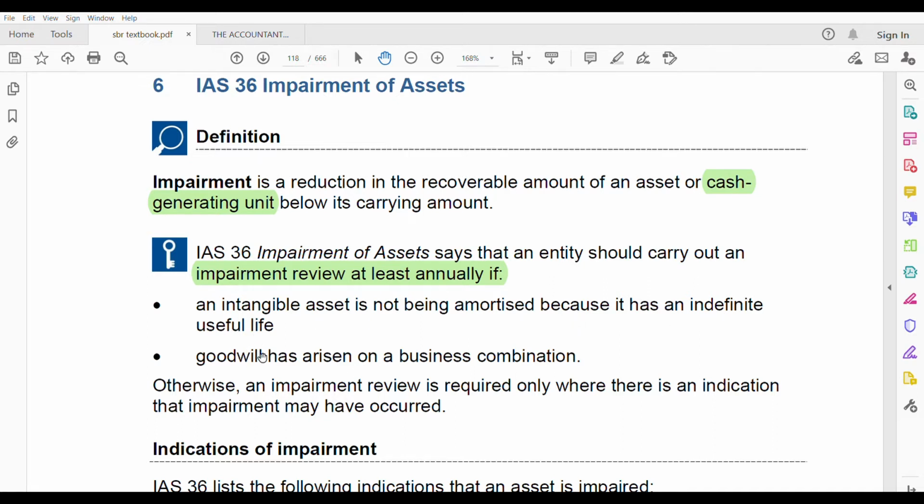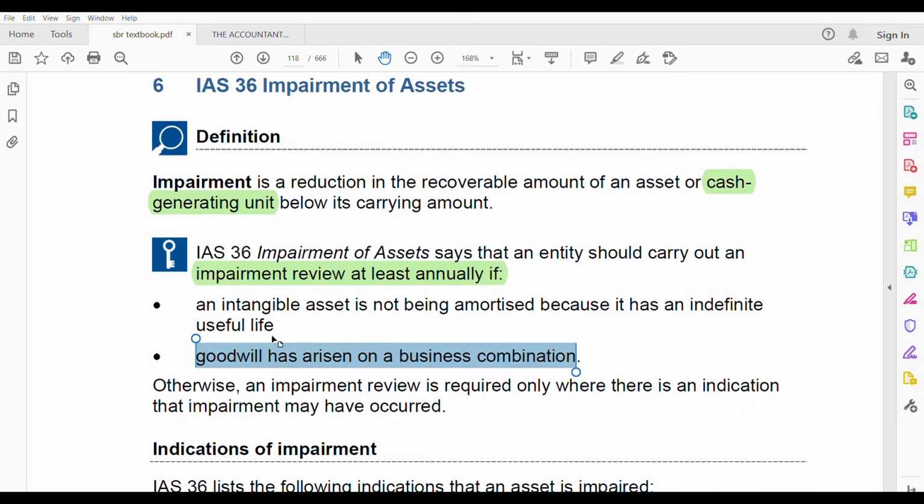Goodwill has arisen on business combination. This is from your group accounting point of view. When you acquire your subsidiary, you need to calculate goodwill, and sometimes goodwill is also impaired, so you need to check for impairment of goodwill. Otherwise, an impairment review is required only when there is an indication that impairment may have occurred. So other than these two conditions,